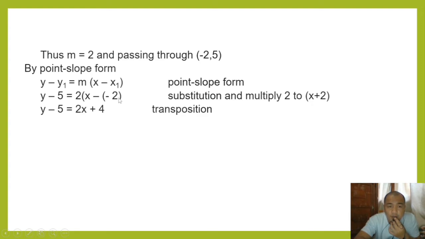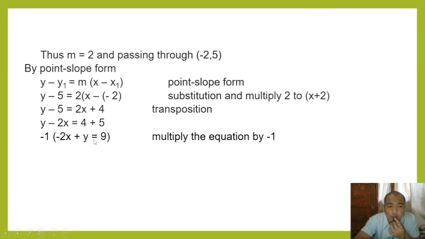So this is x plus 2 times 2 is 2x plus 4, y equals y minus 5. Transposition, y minus 2x equals 4 plus 5. Multiply the equation by negative 1. Interchange the position. Negative 2x plus y equals, add 4 and 5 equals 9. So therefore the equation of the line passing through (-2, 5) with slope 2 is 2x minus y equals